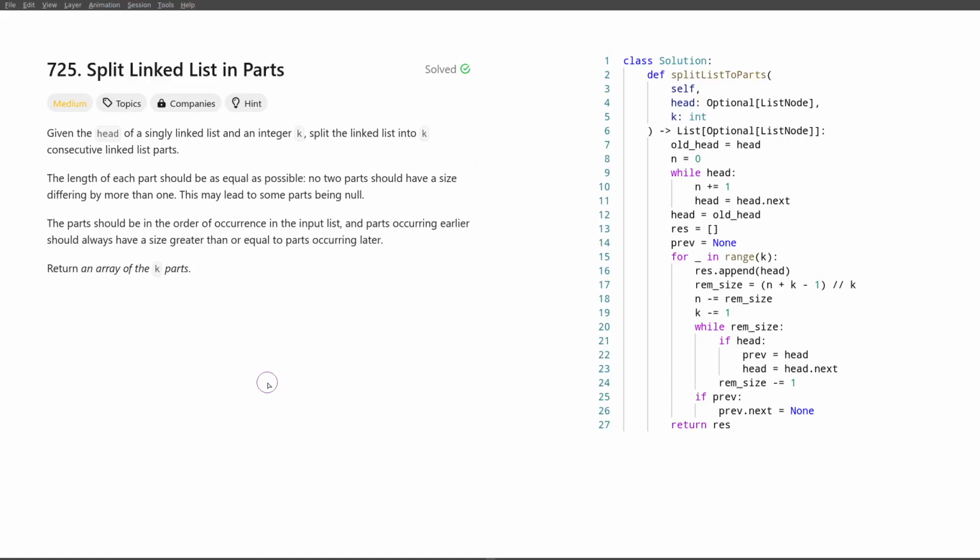Hello everyone, today we'll talk about the solution to the problem split linked list in parts. So if we want to split the linked list into k parts, such that the parts are roughly equal in size, earlier parts are bigger maybe than later parts, then of course we need to know the sizes of the parts that we have. That's because the order of elements has to be the same,